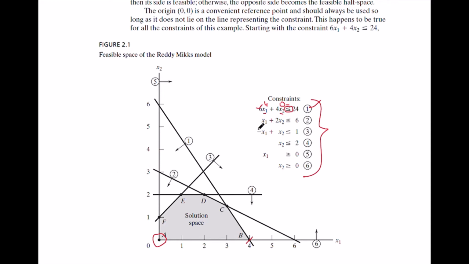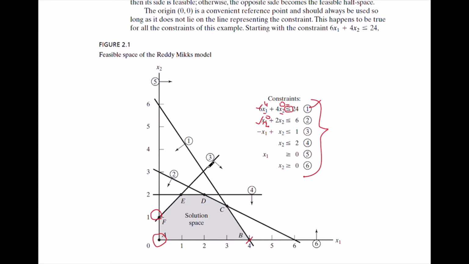Similarly, we need to plot the lines for all the other restrictions. Instead of taking x1 as 0, we can take any value of x1, like we can even put 2, find the value of x2, and then draw the line accordingly. Again, for the reference point, we can take the origin or any random point, and then we need to see the common solution space.